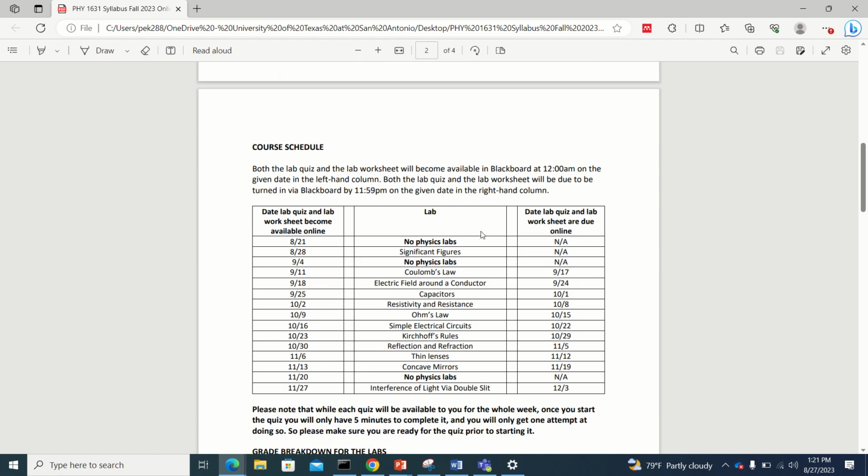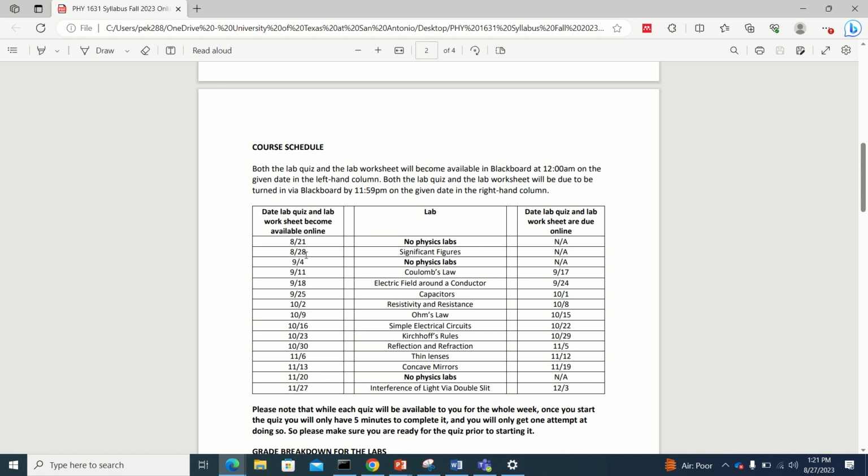So this is going to be the schedule for the semester. As you can see, the first week we didn't have any labs. So this week we're just going to be covering significant figures, and you're also going to be working with your group discussion. So just please review this worksheet. This isn't going to be a graded assignment. This week is mainly for y'all to get to know one another. So I encourage y'all to go to the discussion forums this week and talk to your group members.